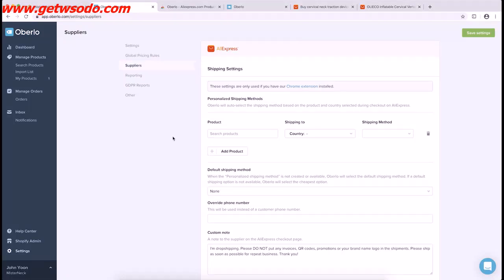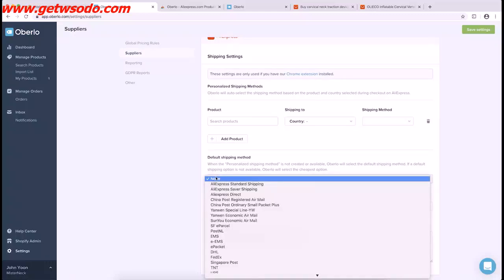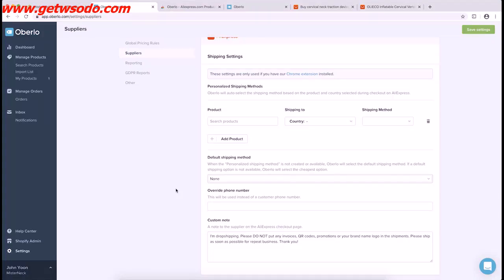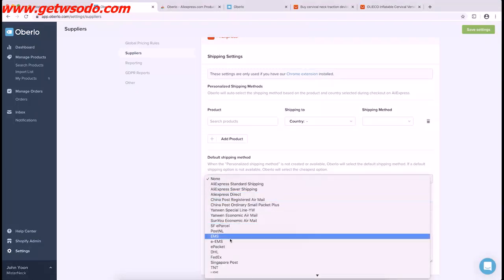Alright, so in the shipping settings over here, you can select individual products, select the country it's going to, and then pick a shipping method for it. But what you can also do is just change the default shipping method to ePacket. Now some countries will not accept ePacket, so in that case you're gonna have to go in here, select the product that you added, select the country it's going to, and then change it to a different shipping method that's pretty cheap. Because if it doesn't accept ePacket, sometimes you might use a different shipping line that's very expensive. So make sure that if you're shipping to countries outside of ePacket, that you know another shipping method that's relatively cheap. Otherwise you might end up paying like $15 for shipping. So all we're gonna do over here is click on ePacket,